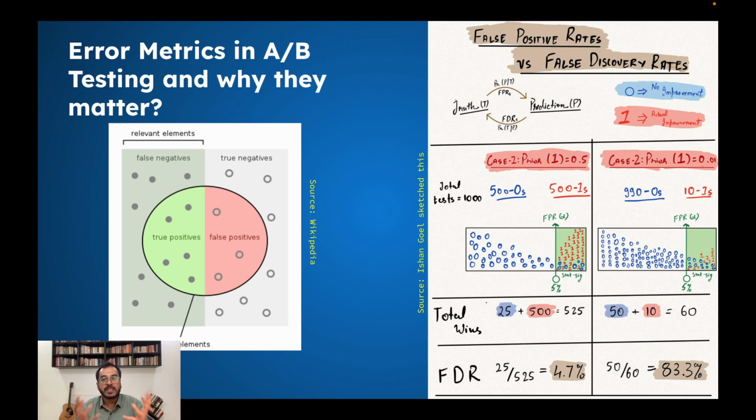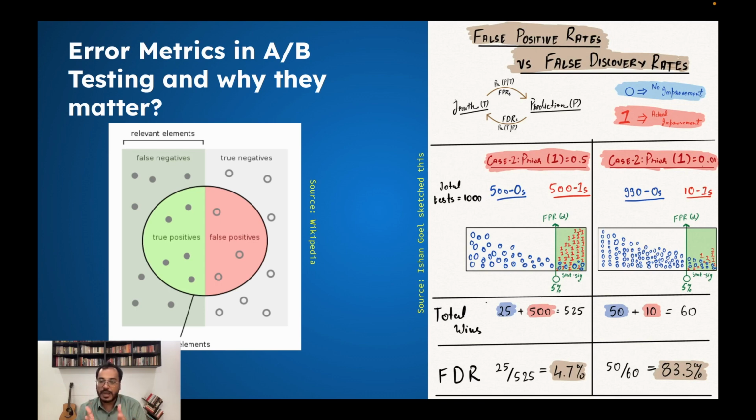But the thing is that these might seem correlated, but as it turns out they can be vastly different because there is one other moving parameter in false discovery rates. So let's see the example, and I'll explain through this very interesting example. Let's take two cases. In both the cases, we have run 1,000 total tests. In case one, 500 of those 1,000 tests were AA tests,